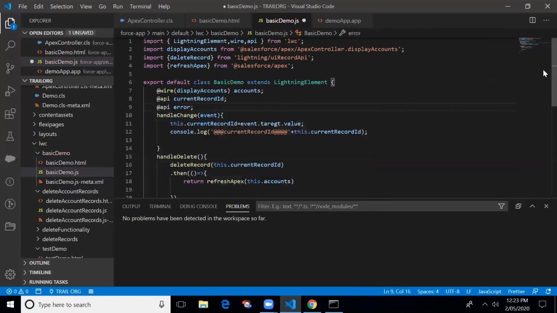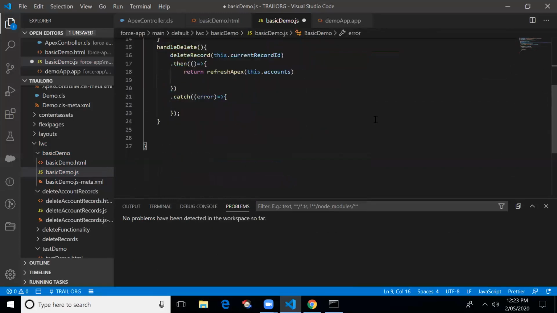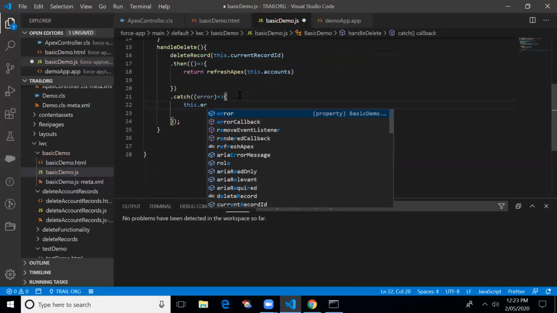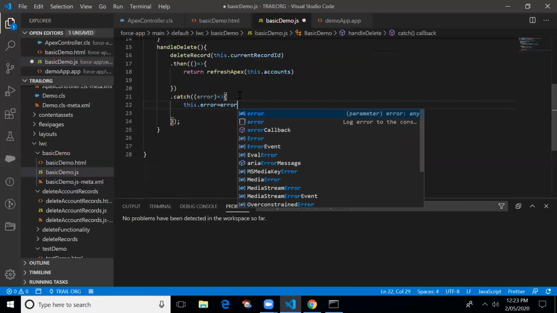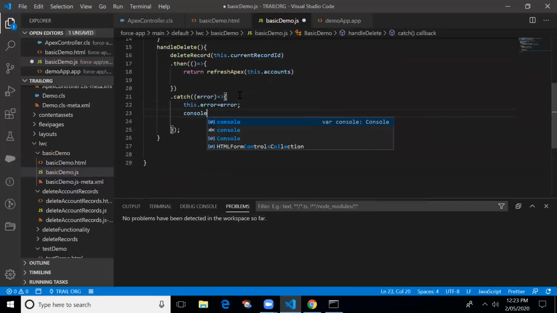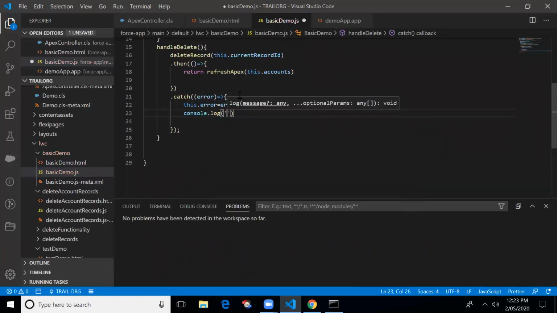In the catch block the error will come, so whatever error I'm getting, I'm putting it into this variable. I'll be putting a console.log with a message, unable to delete the record due to.